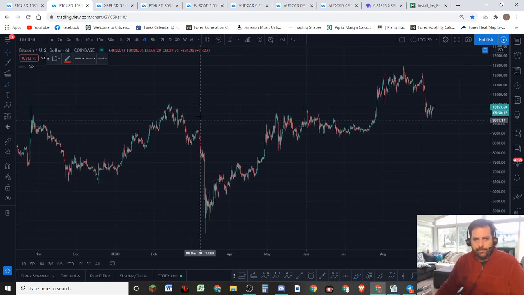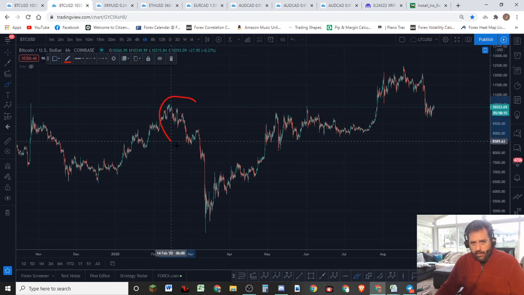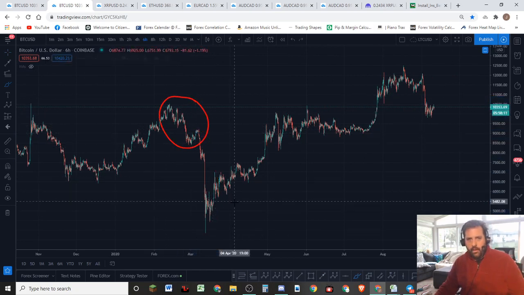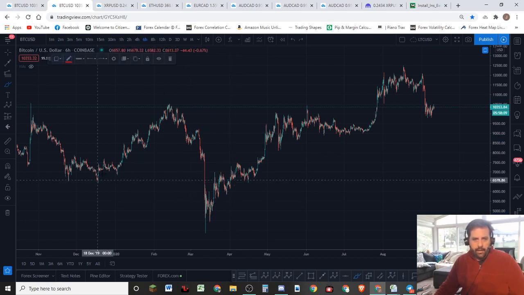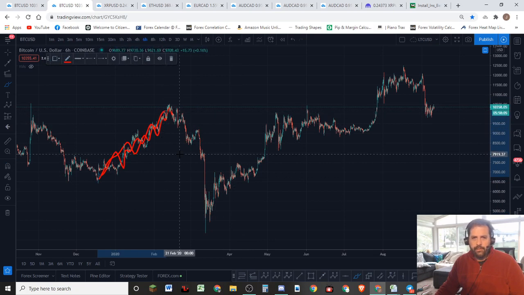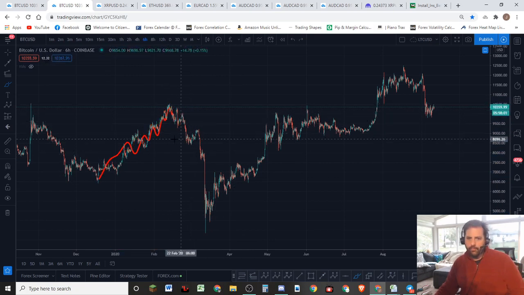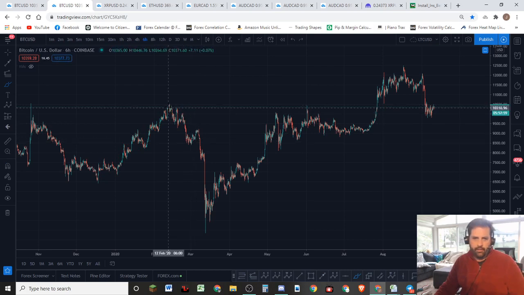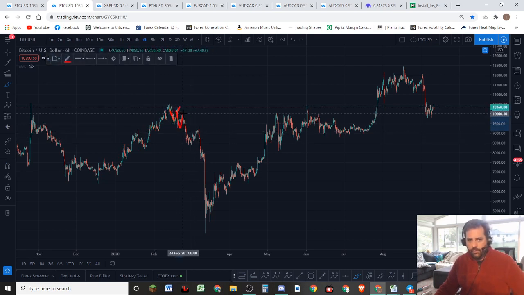So basically, right here, when we had the big COVID dump, okay? We had this corrective kind of choppy run up, okay, and then we had a 1-2-1-2 formation off the top. Now that was a really, really big formation off the top. I called that when that was happening, a 1-2-1-2. Okay. Now we don't have the 1-2-1-2 up here.